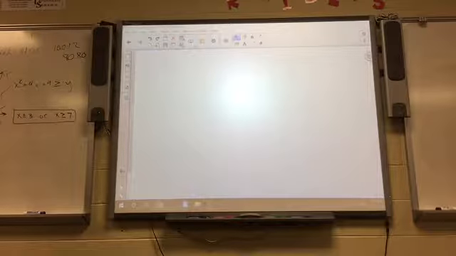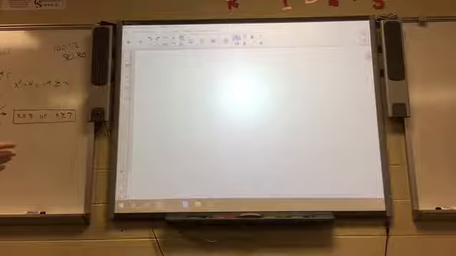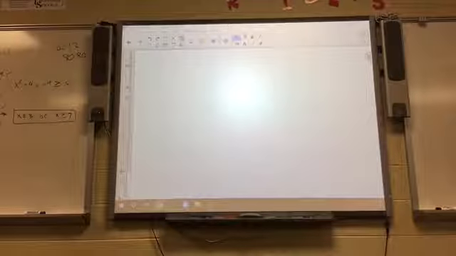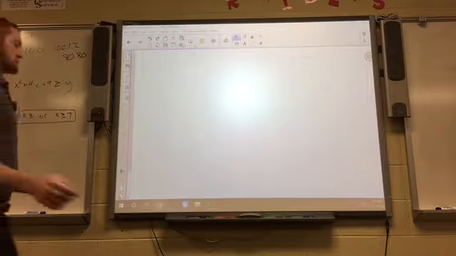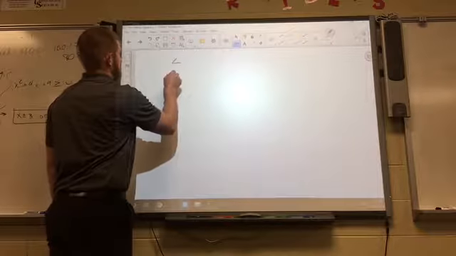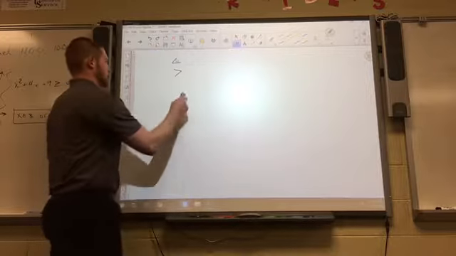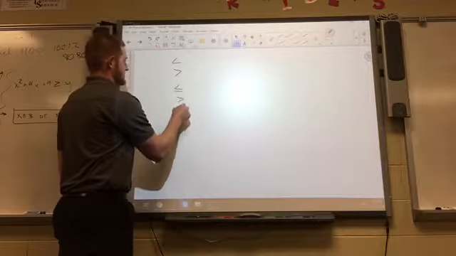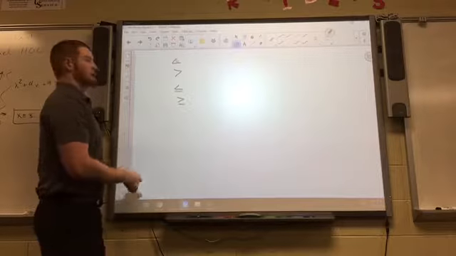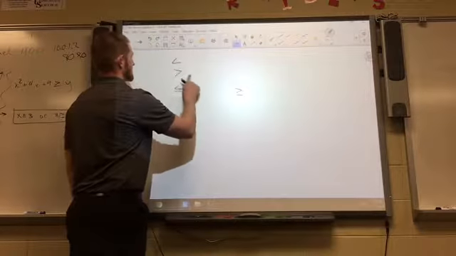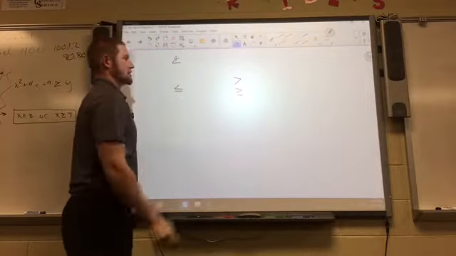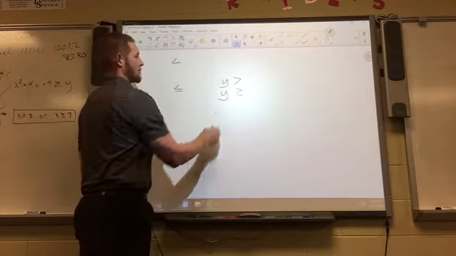Alright, continuing section 6 from yesterday. We are now going to solve our quadratic inequalities in one variable. Yesterday we took our quadratic inequalities and graphed them. If it was one of these signs, the line is dotted or dashed, however you want to say it. If it's one of these, it is solid. If it's this or this, I need to shade where my y is